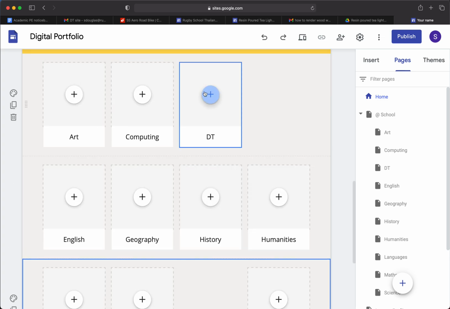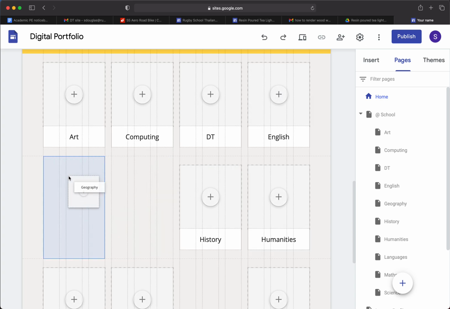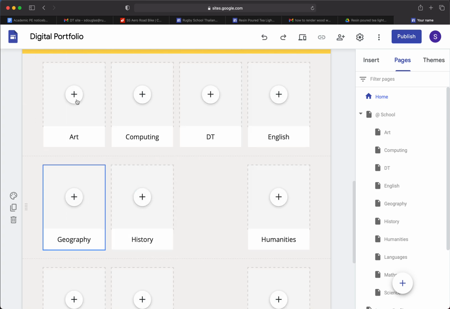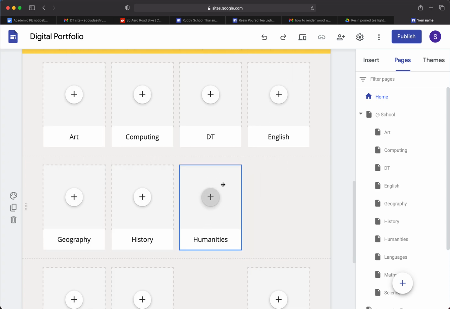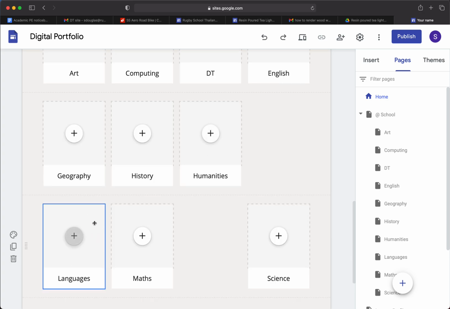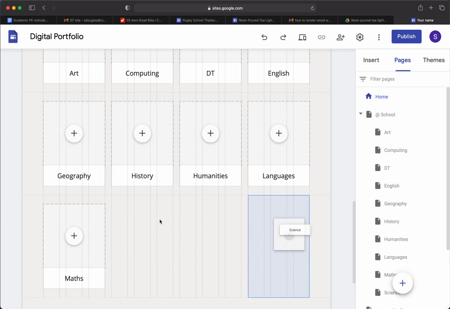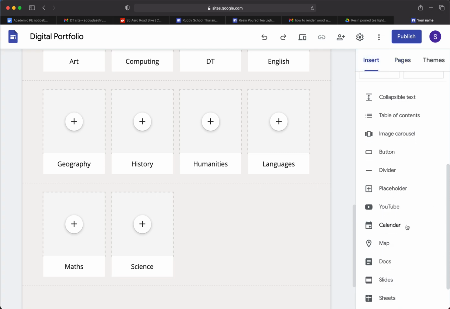Each of these allows me to add an image in here, and of course potentially I could just move things around. And you can see when I'm moving things around, Google Sites works on this grid system. So we have a series of columns, okay, and rows. And we can resize within this, but at the moment these are all set sizes. So if I just slide this one along, we could insert,